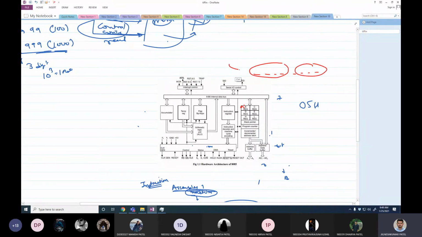How are you going to accommodate move A comma B over here? It is not possible. So actually I am going to give a machine code to 8085 which it understands. The machine code for this instruction is 78H.